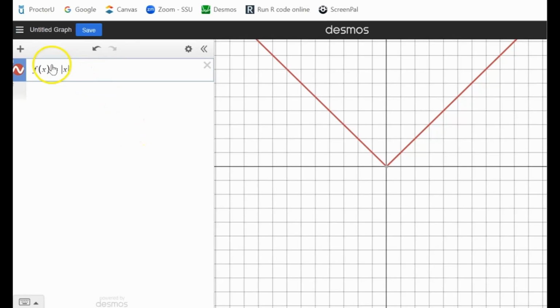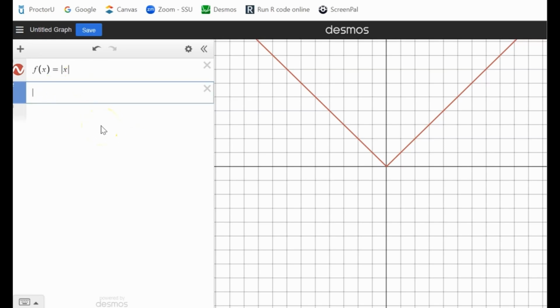Okay, what we're looking at here is the function, the absolute value of x, okay? And it gives us a really neat looking function, which is basically a V shape, okay? And these absolute value functions are really helpful in trying to understand transformations because it's such an easy shape to recognize, okay? And so one of the things that we can do is, let's see, what would it look